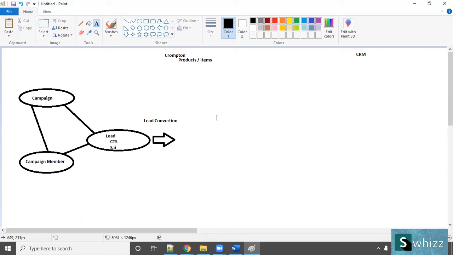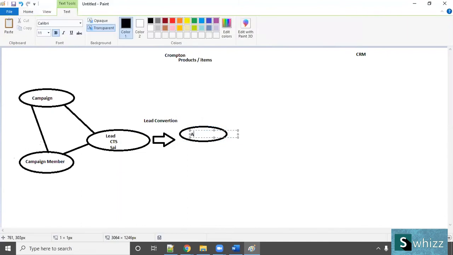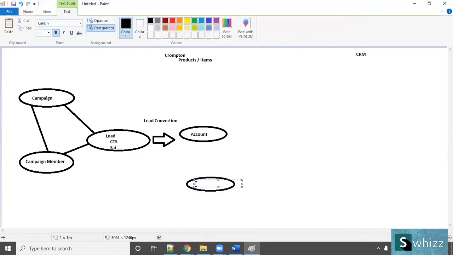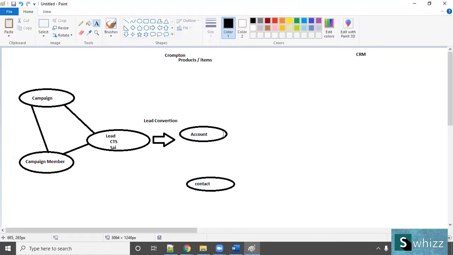Similarly, after successful conversion, what comes into the picture? Account will come into the picture. Got it? Contact will come into the picture.